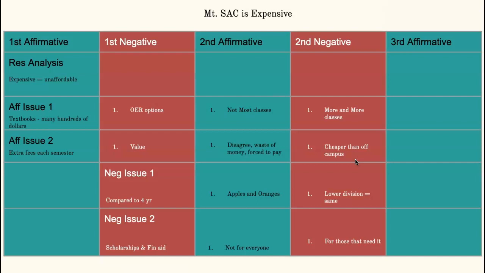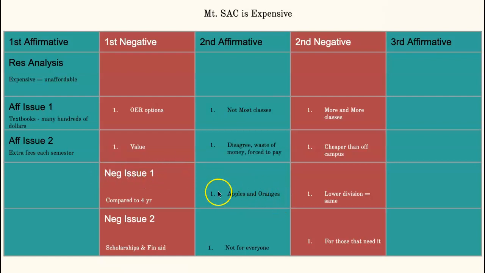All right, now we go into the very last speech, the third affirmative speech, the last chance the affirmative debater has to try to convince the judge to vote for them. Again, just go in the same order, start with the negative issues, end with your 2 affirmative issues. Again, I would go back to what you said in your previous speech, and so I could say something like,